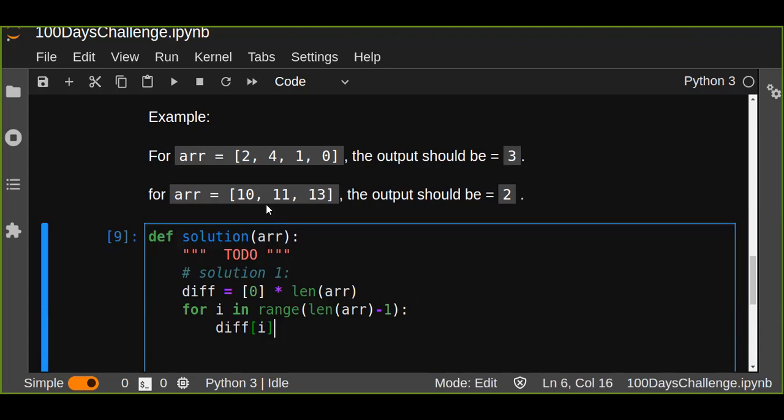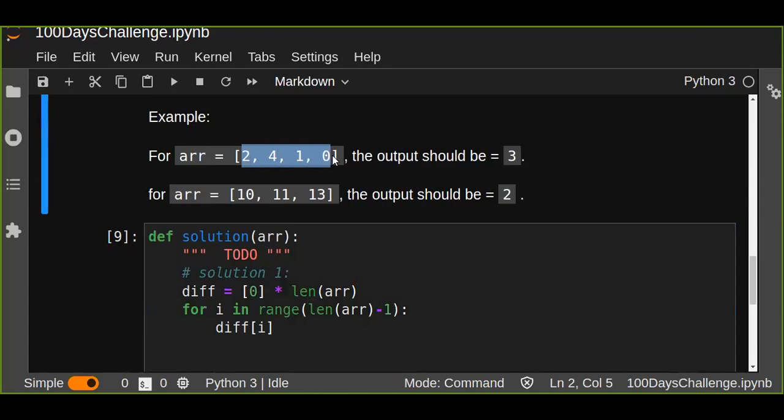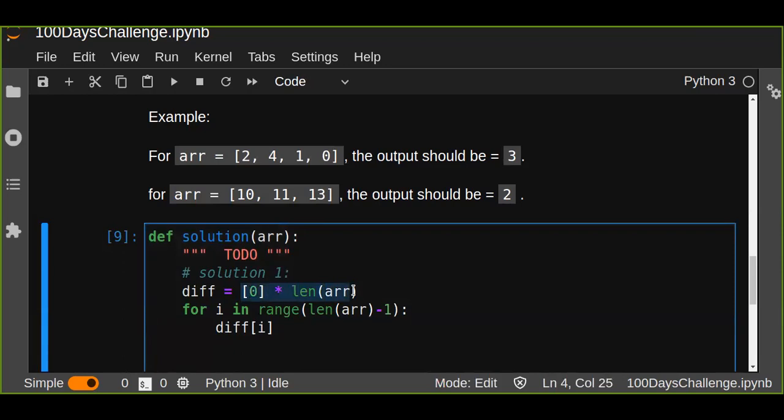For example, if we have 4 elements, we will have 4 zeros, and we assign each index with arr[i] minus arr[i plus 1], that is the adjacent difference. The first one is index 0 and the second is index 1. We just subtract index 1. Then we can return this div,